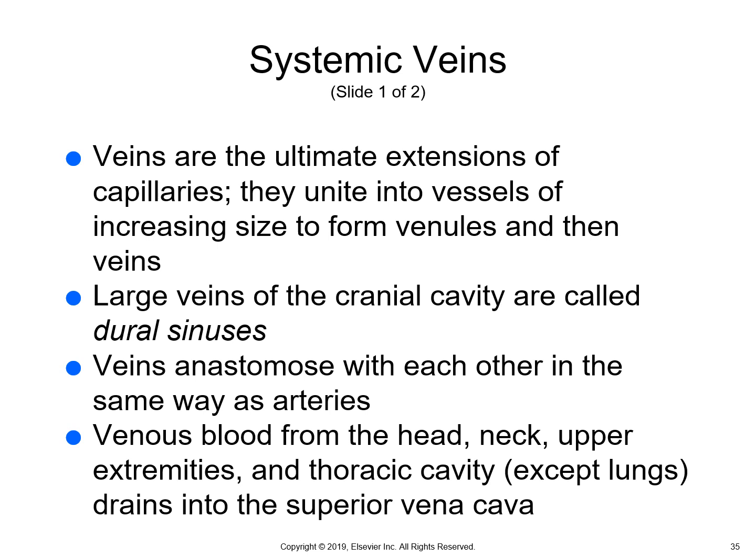So we need those valves to help prevent that backflow of blood. So systemic veins ultimately lead to the superior and also the inferior vena cava, which drain into the right atrium of the heart. So in terms of the pathway of that venous blood flow,